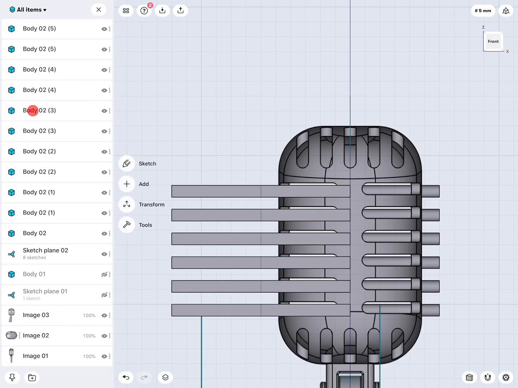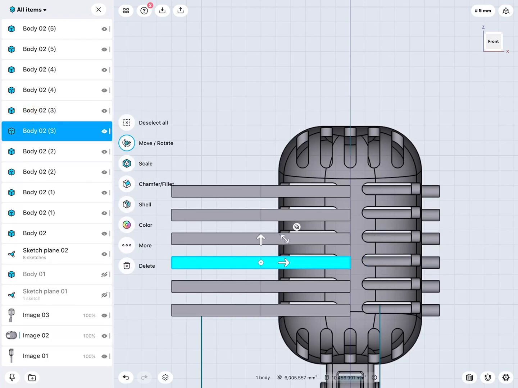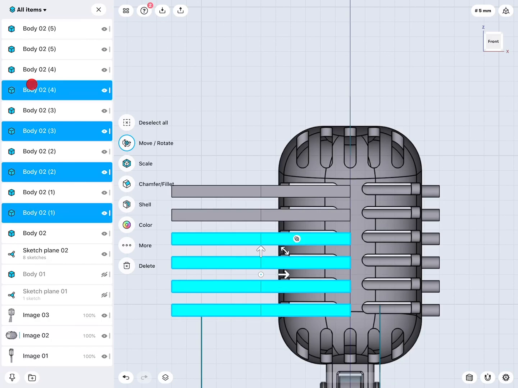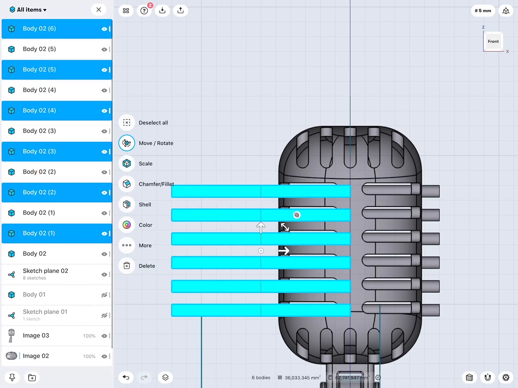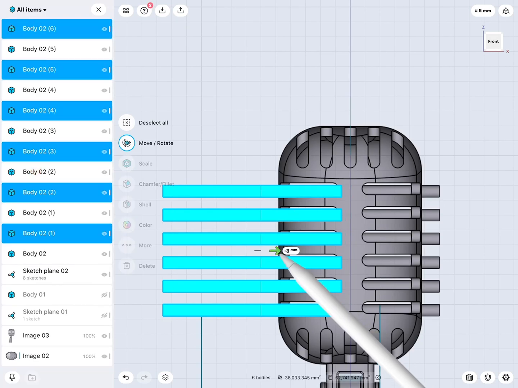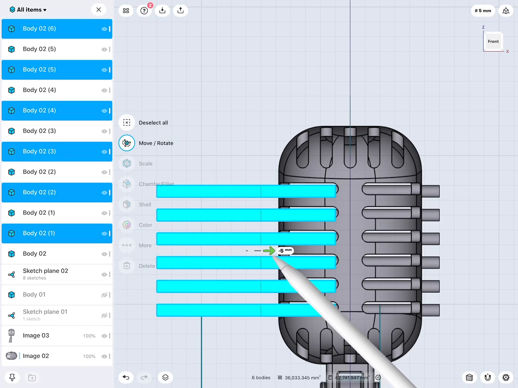I just have to be careful which one here I select. So you, and you, and you, and you, and you, and you. There, okay. So, and move this over a little bit to there. -4. Let's maybe go. Yeah,